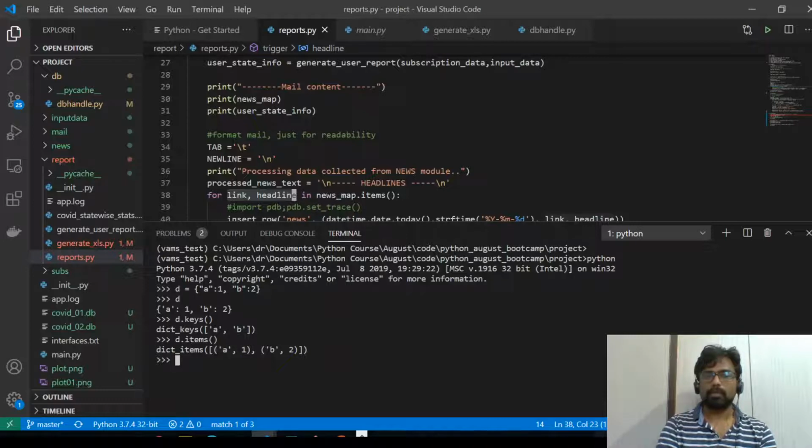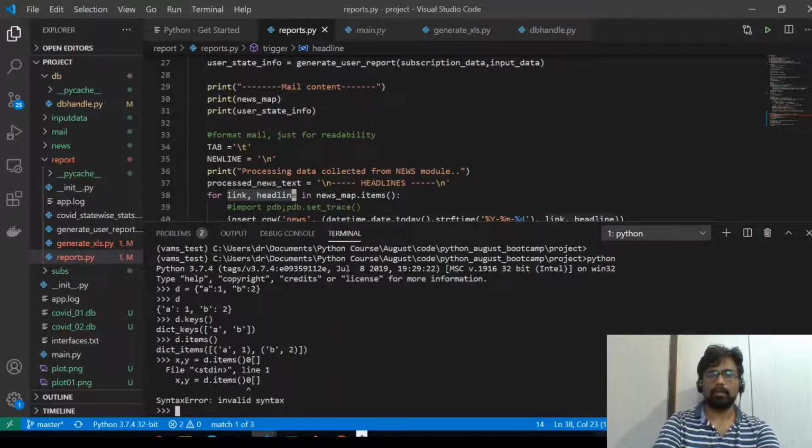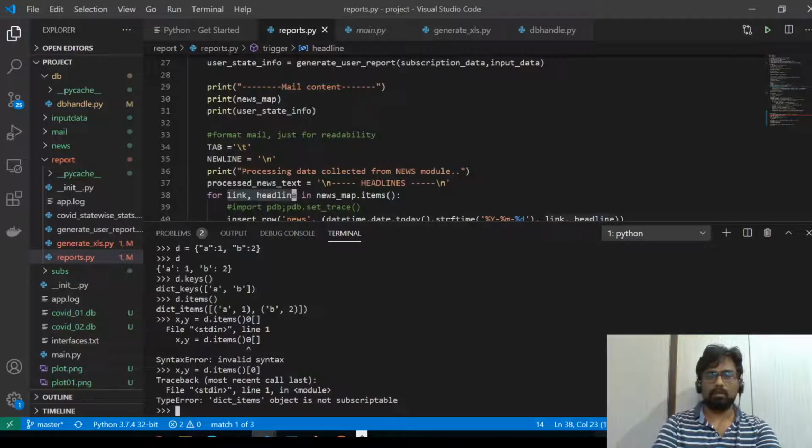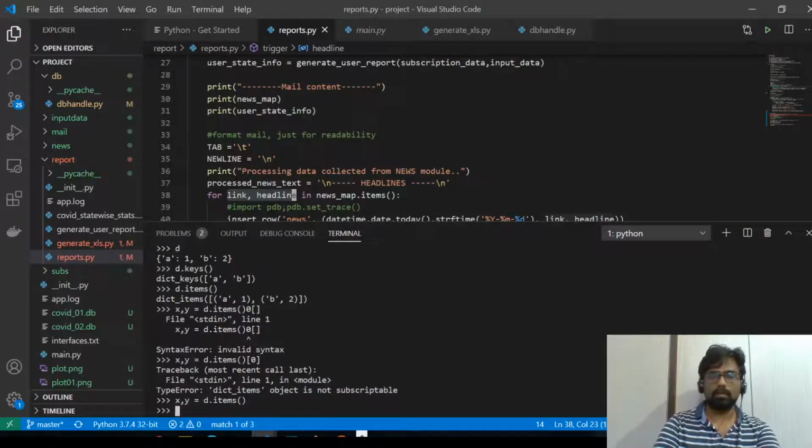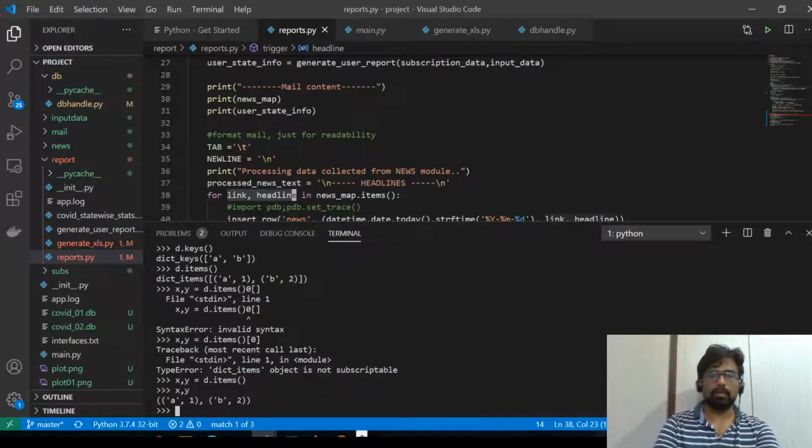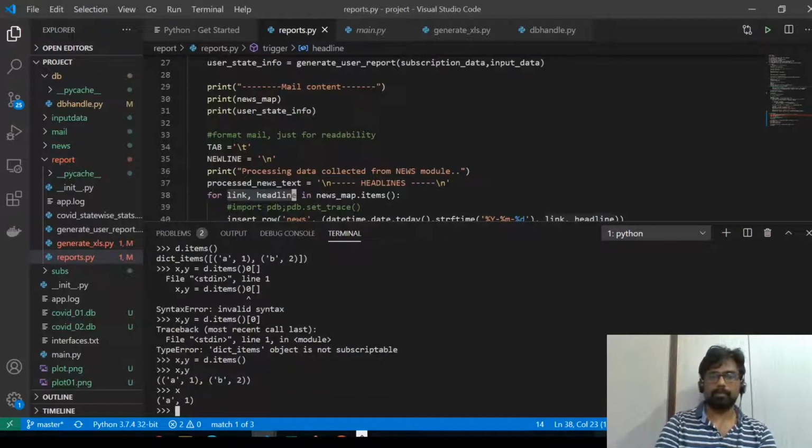So how do you collect these tuples? Like this, X and Y. It's not subscripted. This is how you get it. So this is a tuple inside a tuple, and if you simply type X, it's a tuple.